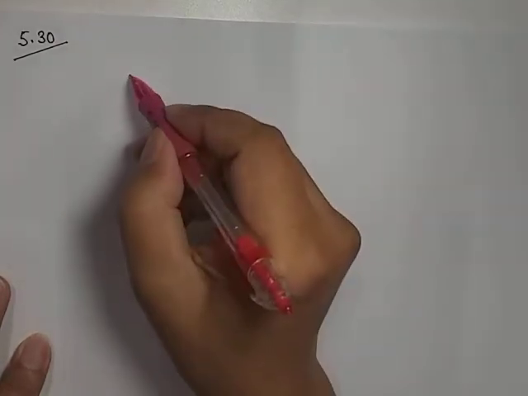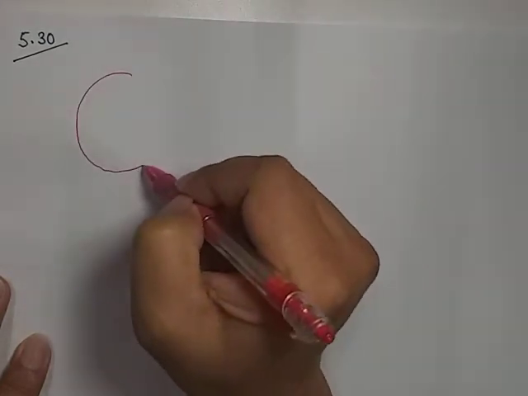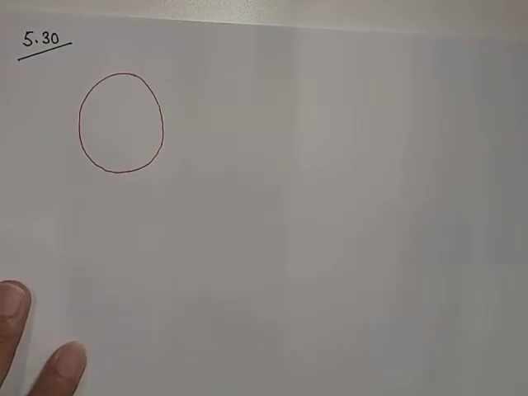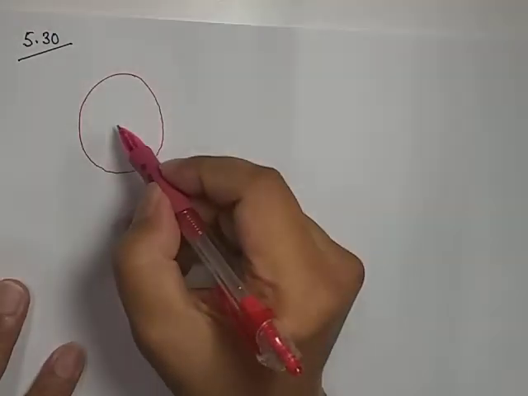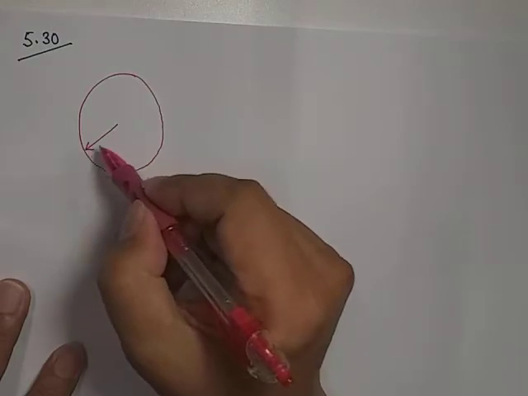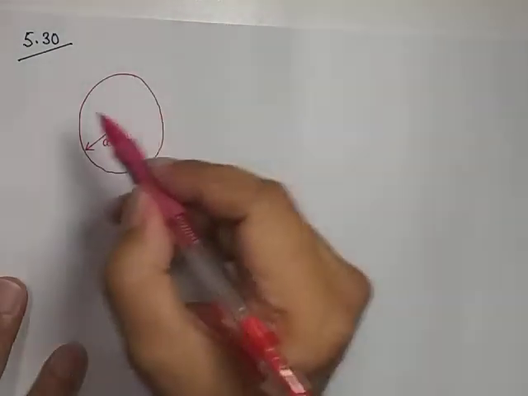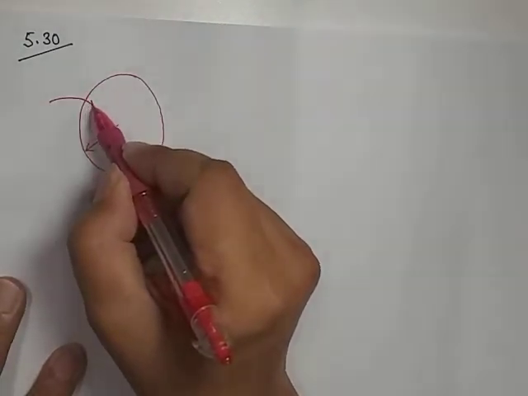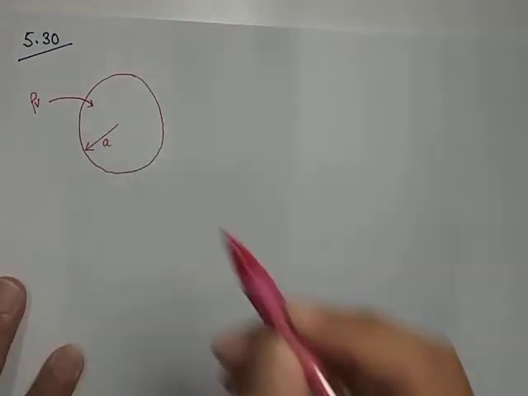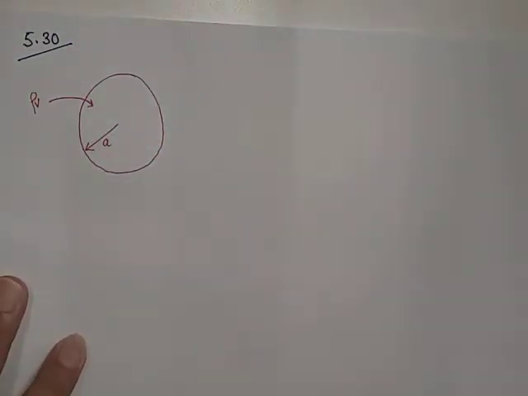Problem 5.30. Given here is a solid sphere of radius A. The charge given in this problem is a volume charge located in the region R smaller than A. For part A, we need to prove: